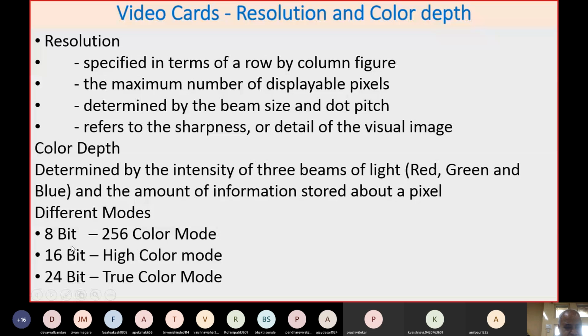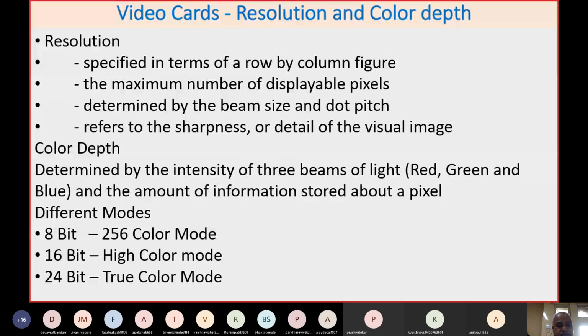When you say 8-bit depth, then maximum you can have 256 colors displayed. So in this case, obviously, 2 bits will be used for R, 2 bits for G, and 2 bits for B. Ultimately, these 8 bits will be entirely used, including brightness information used for 1 bit, and the other bits used for the respective RGB colors. So in total, there can be only 256 colors possible because an 8-bit combination can have 0 to 255 possible combinations. So you can have at the most 256 colors.